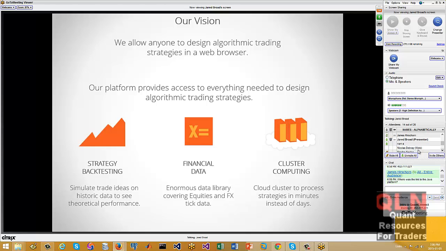So we have US equities financial data for the entire universe back to 1998, down to the tick resolution, and foreign exchange for about 13 currencies back till April 2007. So we want to try and combine that with the best of cloud computing so that you can backtest things faster than what you could possibly do on your home computer.